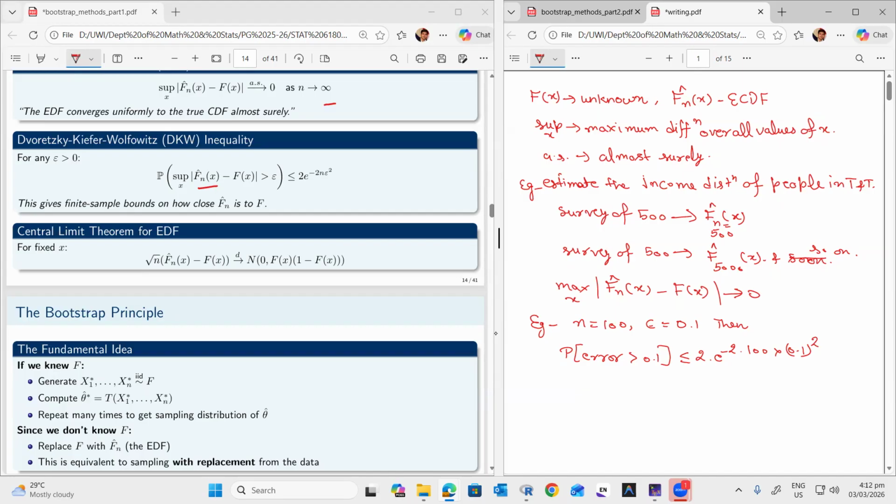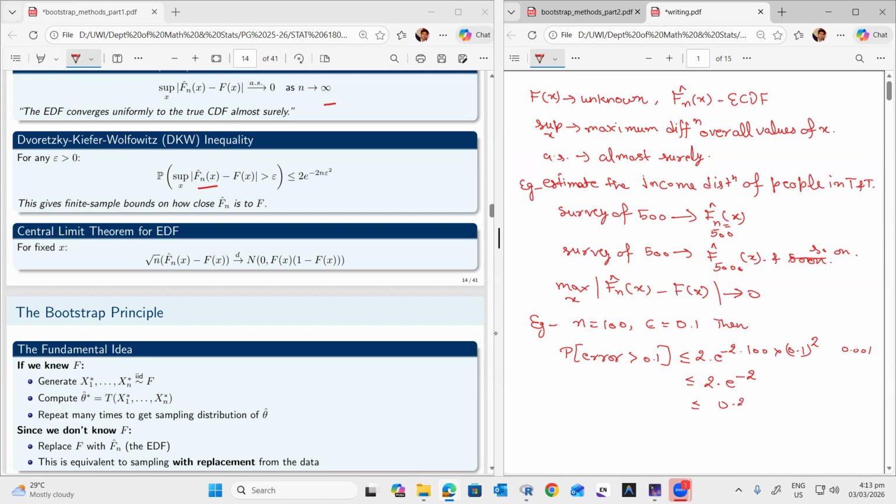So it will be less than or equal to 2 into e raised to the power minus 2 times 100 times the square of 0.1, which is 0.01, multiplied by 100 becomes 1, so it will be e raised to the power minus 2, and that will be approximately equal to